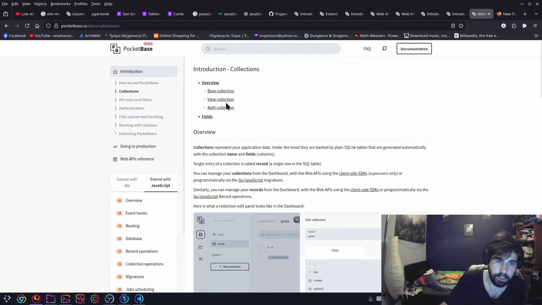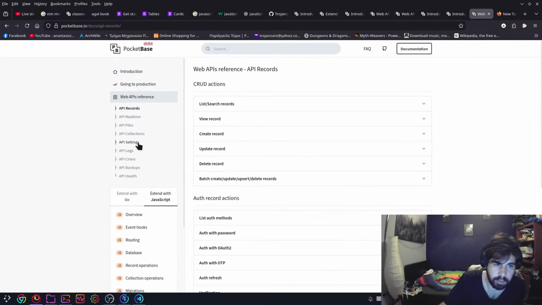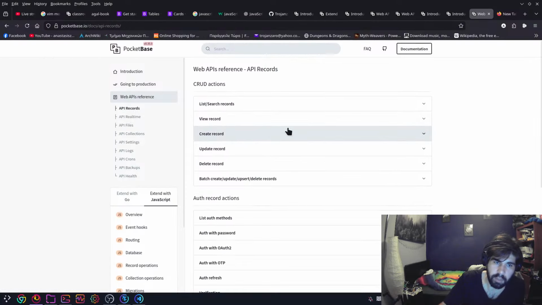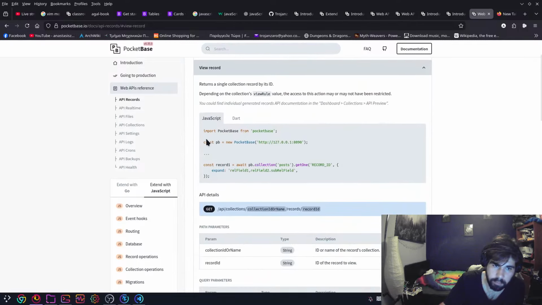Collections, view collections. That's not what I needed. I need this. API collections, API records, view record. Have this. Await get record, expand. Come on, the view rule.